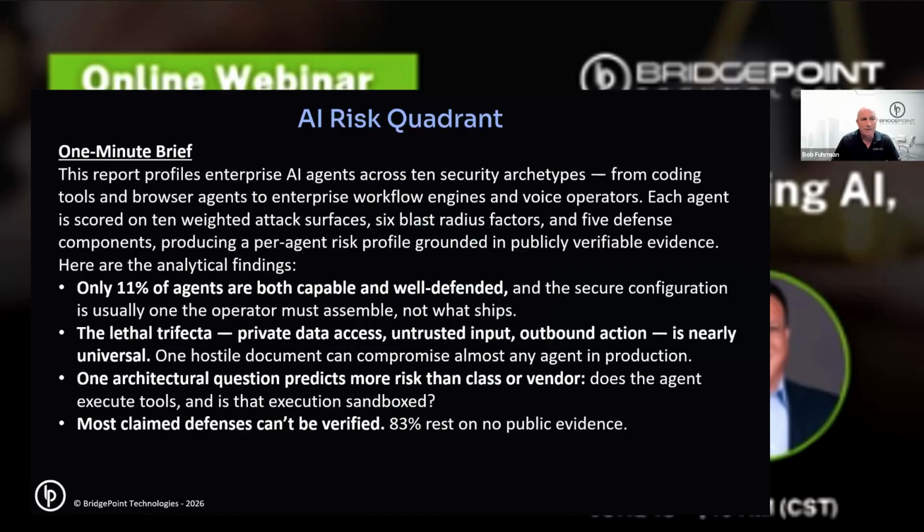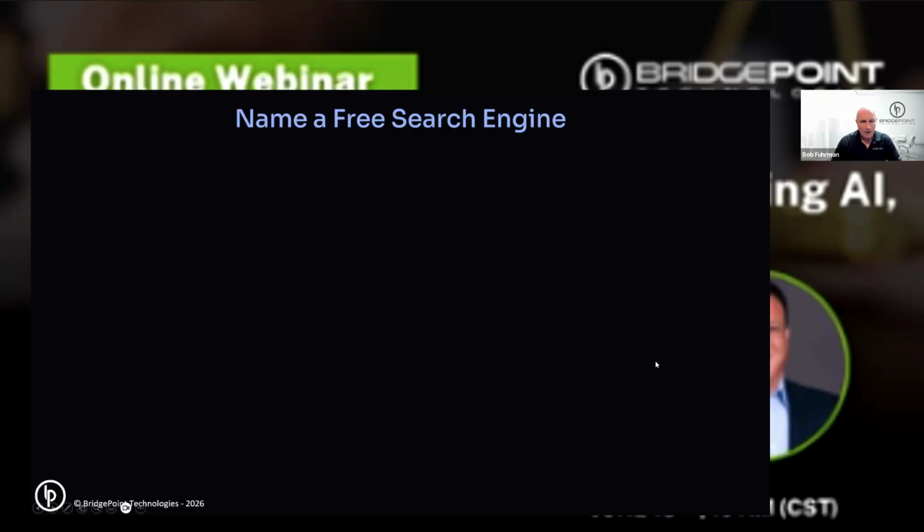They have no public evidence. 83% of them could provide no public evidence as to what they do with their AI to protect the information that they're ingesting, either to keep it isolated on an island for that law firm from another law firm's island. So this is my point of moving way too quickly and a lot of risk.